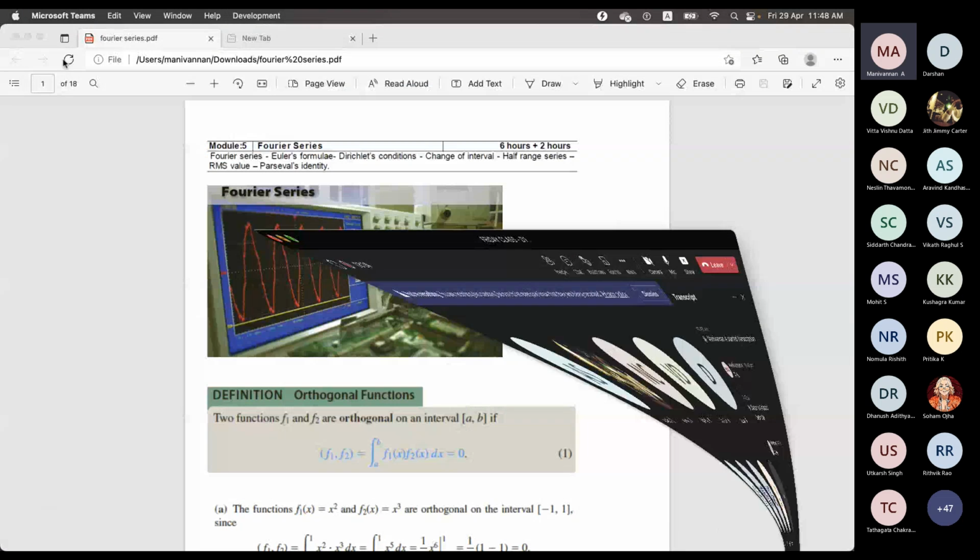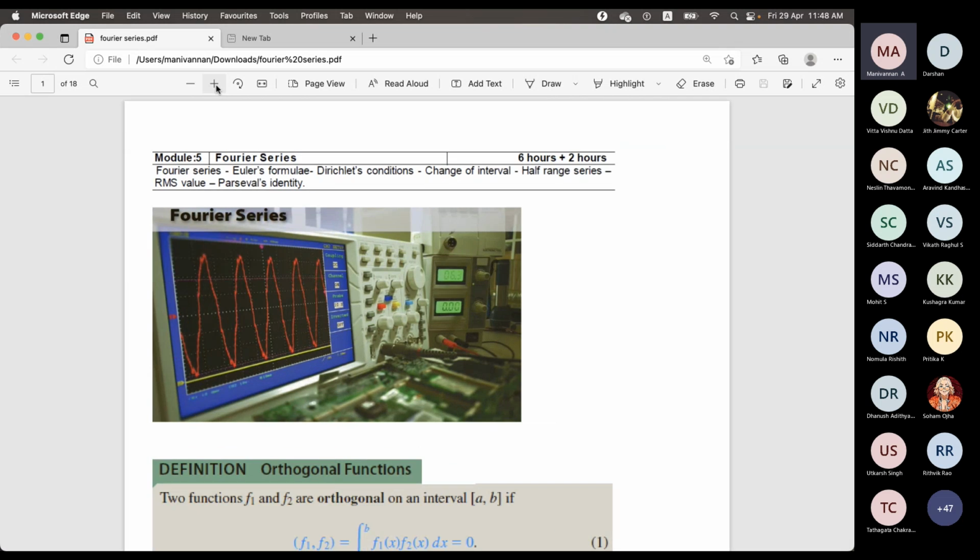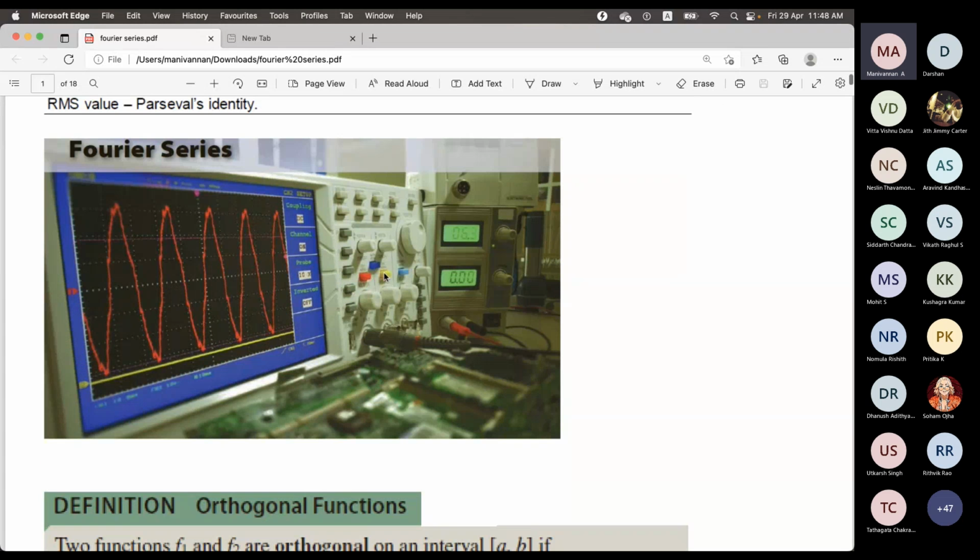This one, okay, the Fourier series. Here, why are we studying this series format? If some functions are in the form of the same functions format, we cannot send it to somebody, or we cannot utilize that for some purposes. For example, if you look at this